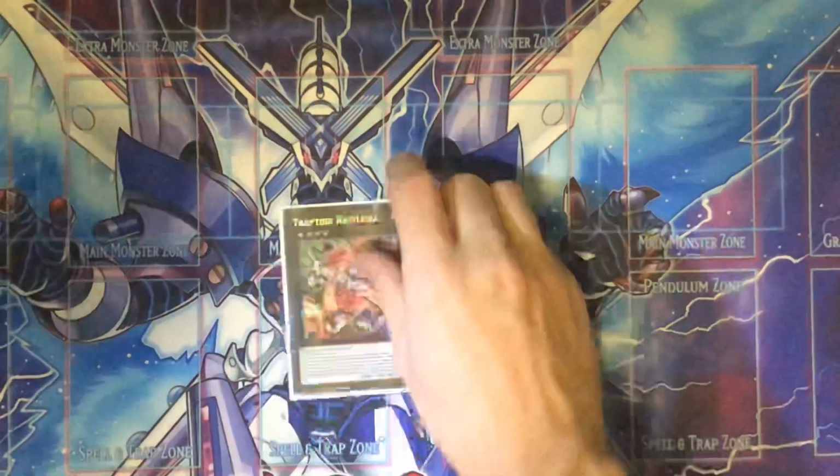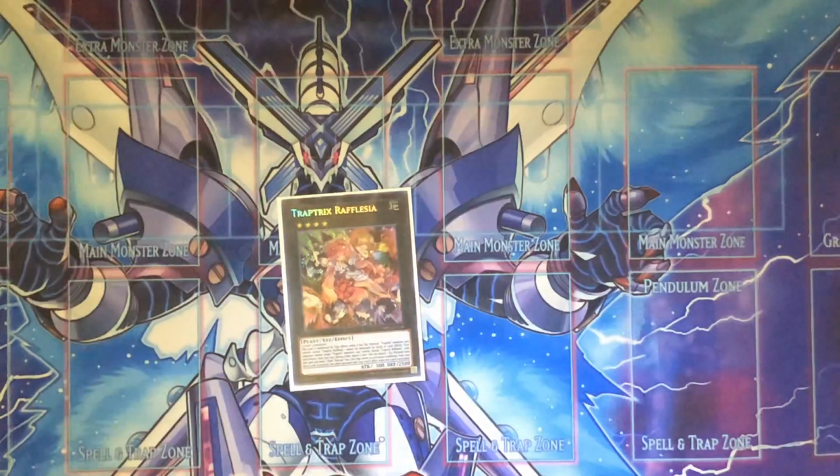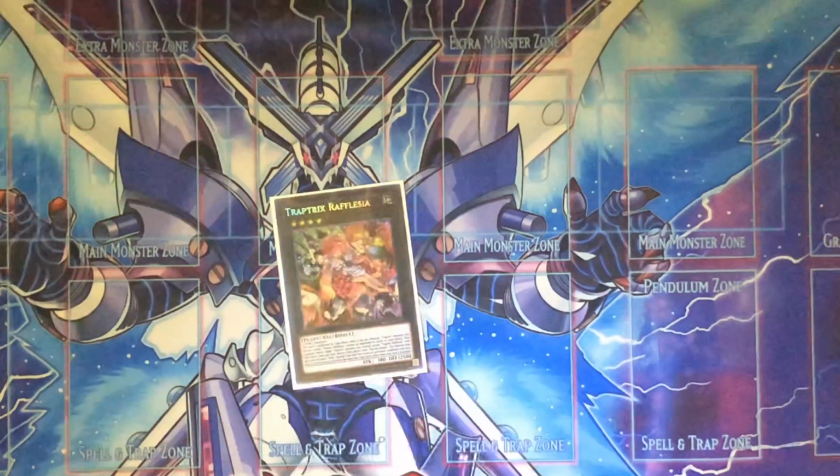Alright, for the Xyz, I run one Traptrix Rafflesia. Rafflesia isn't really the most go-to card I would do. However, she is there to seal games. So there was another monster I make in this deck, but I'll explain why later. So yeah. Anyways, while she's unaffected by traps while she has Xyz material, she protects all other Traptrix monsters from